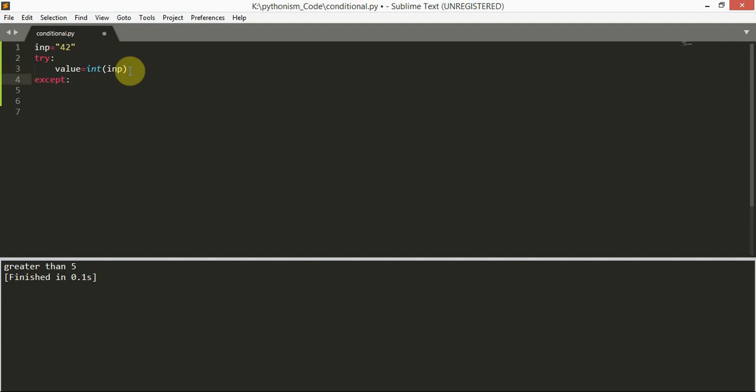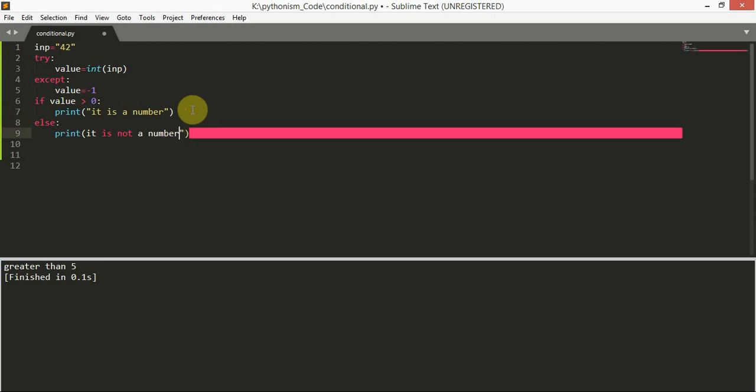If that conversion fails, this except part is going to get executed. So I'm setting value to -1 here, and then checking whether that value is greater than 0. If that is greater than 0, then it is a number, else it is not a number.